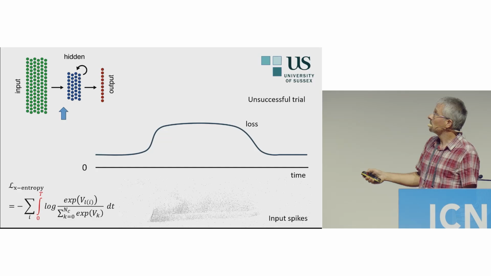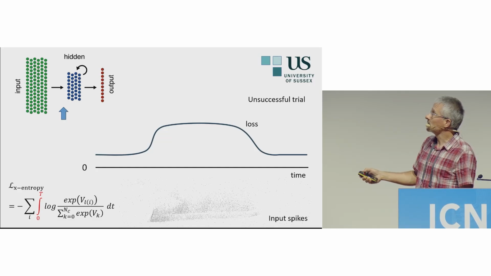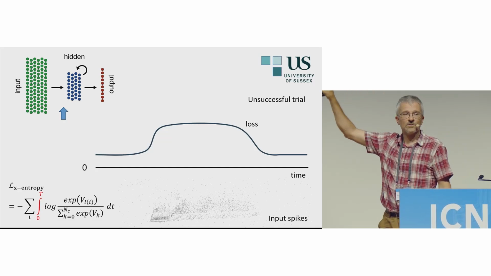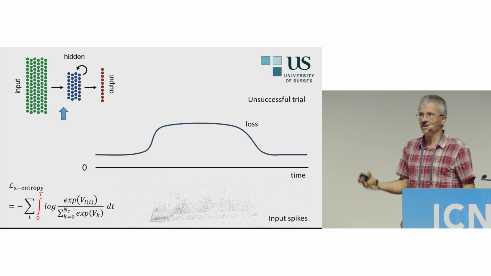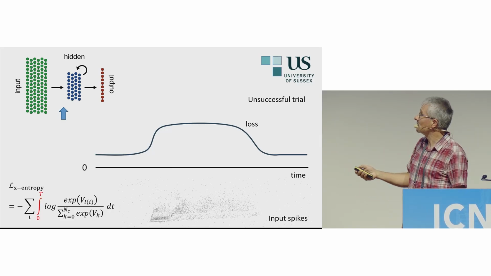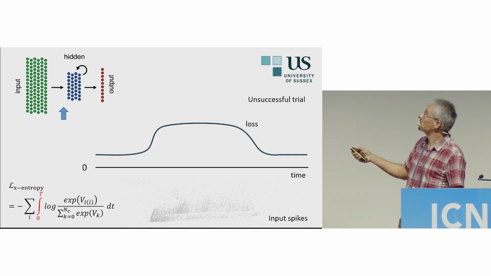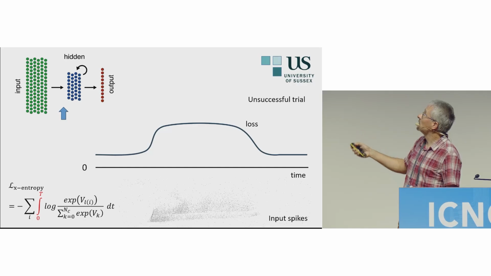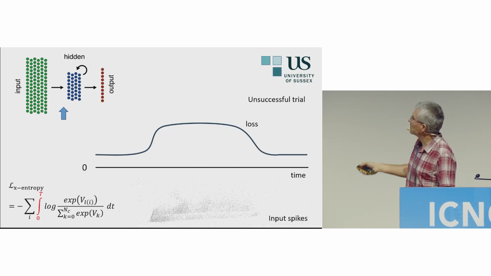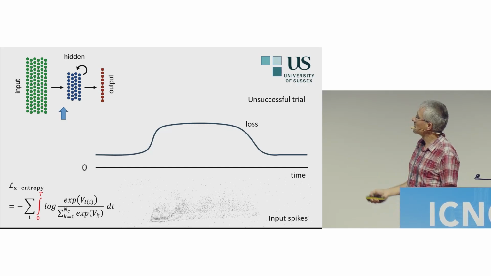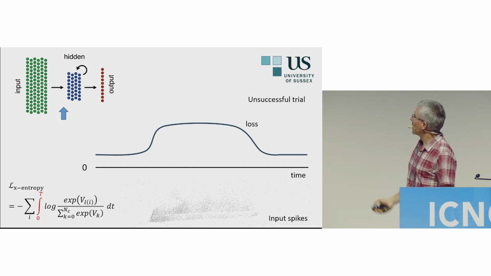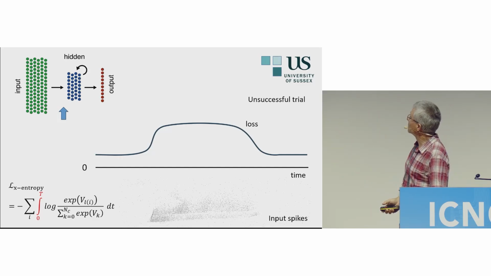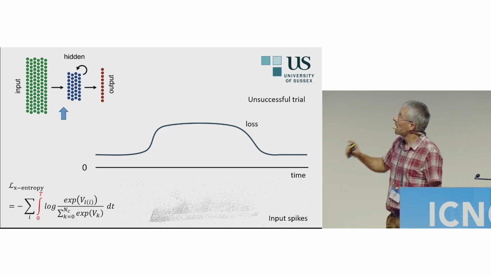It's non-zero already at the beginning when no one spikes. So that's when all the output voltages are 0. That's not good classification, right? It's not the right voltage being high versus the others. So it's already a non-zero loss. But then if the wrong voltages go up and the right one goes down, it gets even worse when the spikes occur. So here's the input digit for reference. When there are no inputs, it's already bad. Then it gets worse, and then it gets bad again, but not 0. Okay, and now